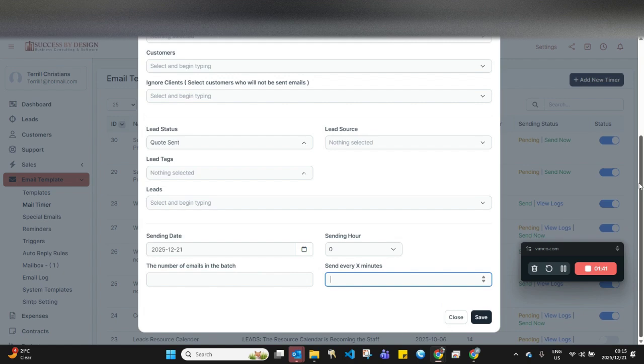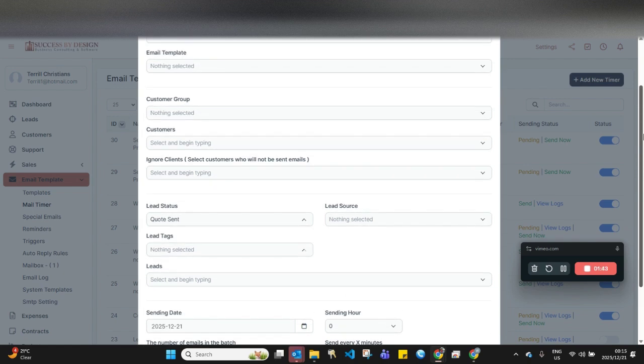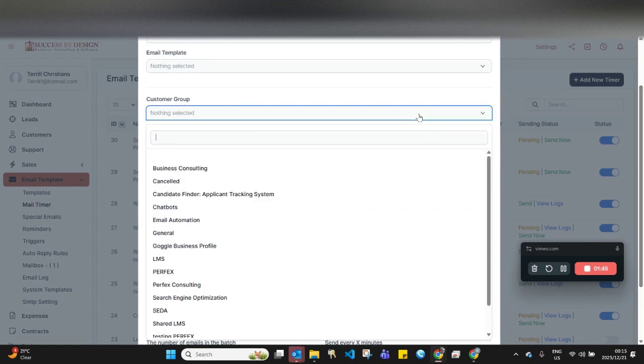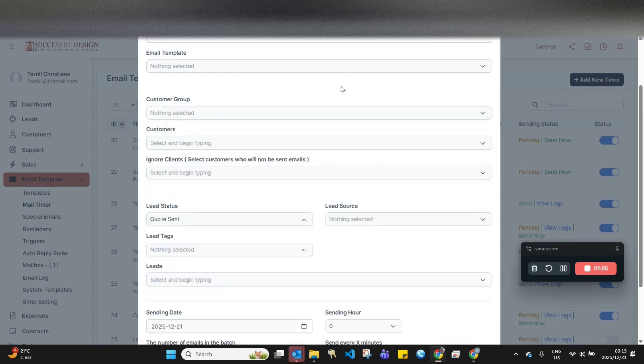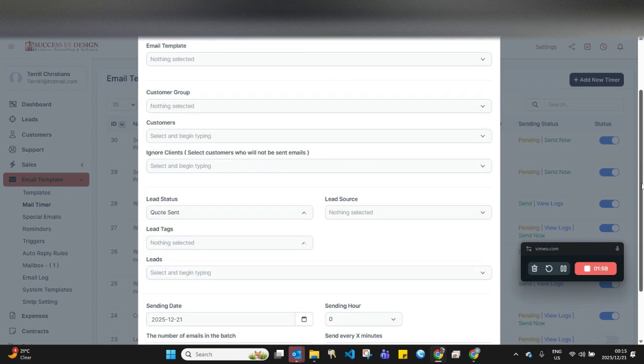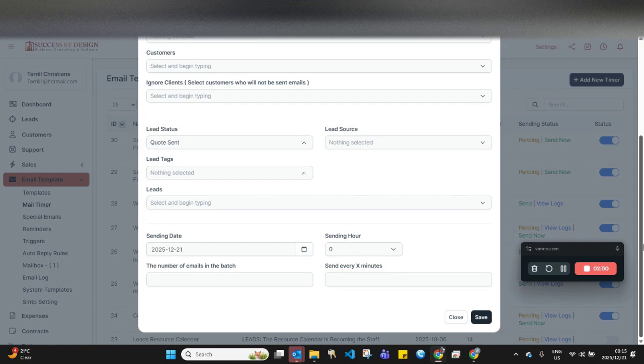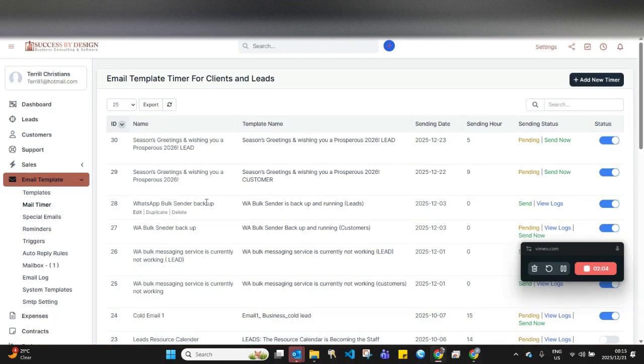The other thing you've also got to remember is if you leave this trigger on, so for example, if I create a trigger for any client who I've selected who's in the Perfex group, any email that I leave here for the client in the Perfex group will automatically be sent to them. How do I know this? Well, you'll see here,